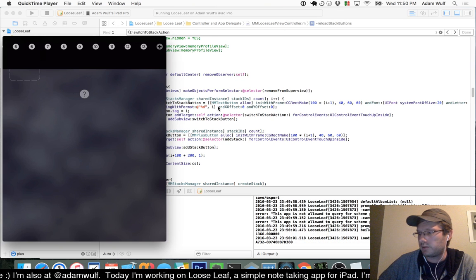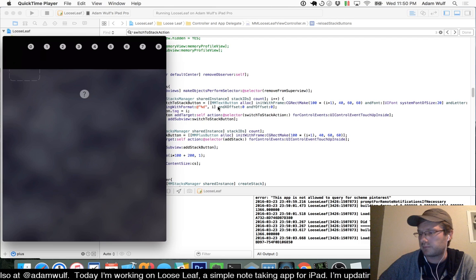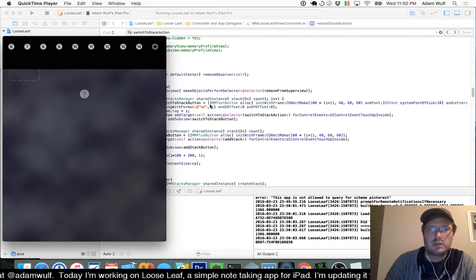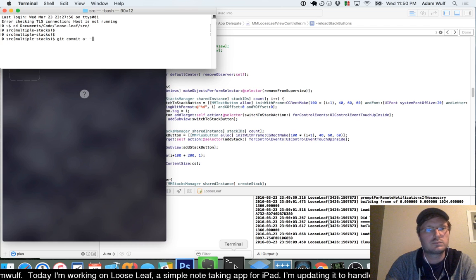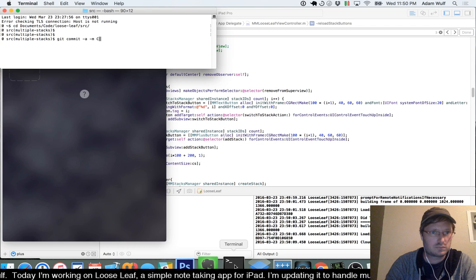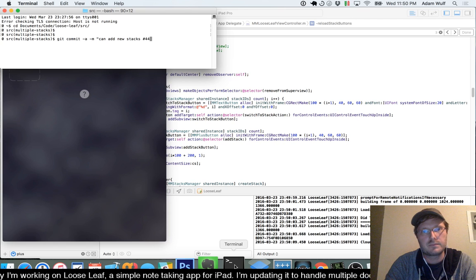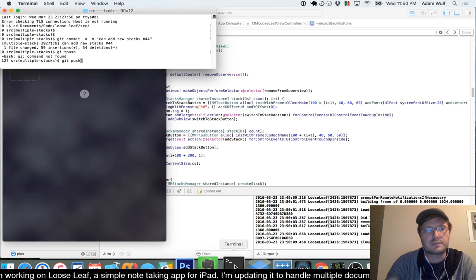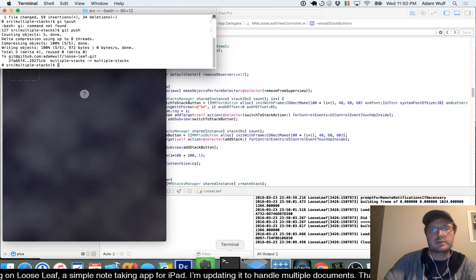Hit a new button. Yep, turns into 13, turns into 14. Awesome. I like it. Easy. Awesome. Cool. Now the next thing I would like to do is fix that